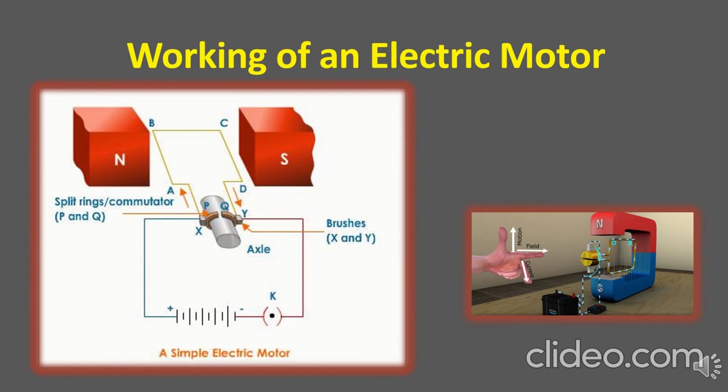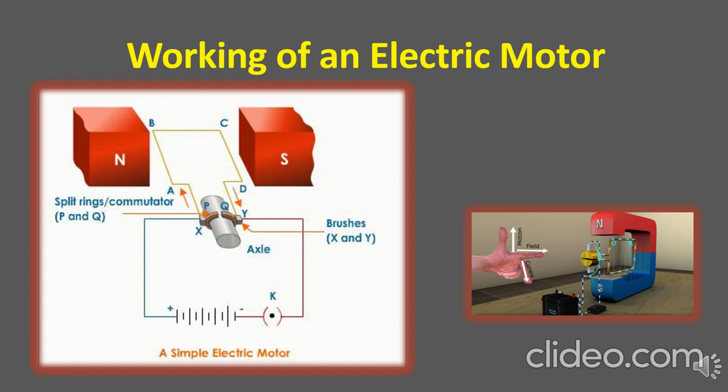After learning the parts of the electric motor, let us see how this motor works. When I am explaining this, concentrate on the diagram. When the circuit is completed, the current flows from A to B through the carbon brushes X and Y. Since the direction of the magnetic field is from north pole to south pole, according to Fleming's left-hand rule, a force is exerted on the branch AB and pushes it down. You should always remember, in a motor, Fleming's left-hand rule is used.